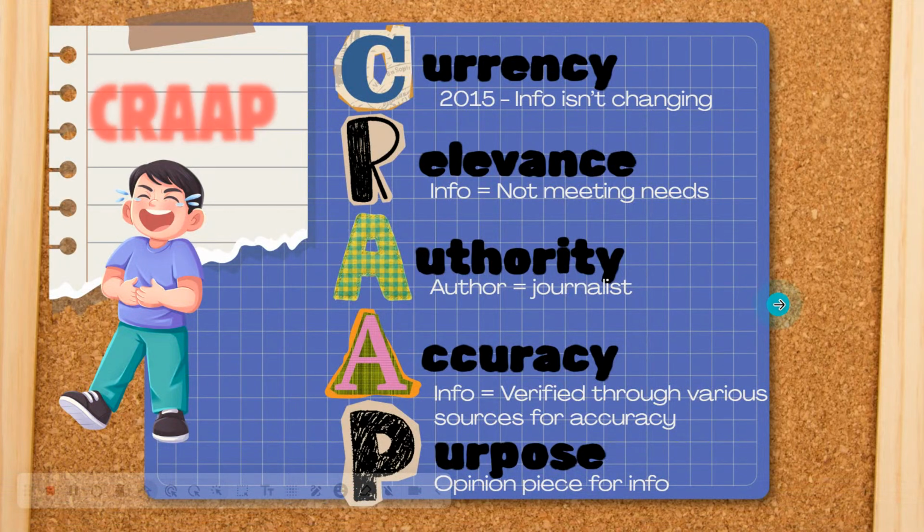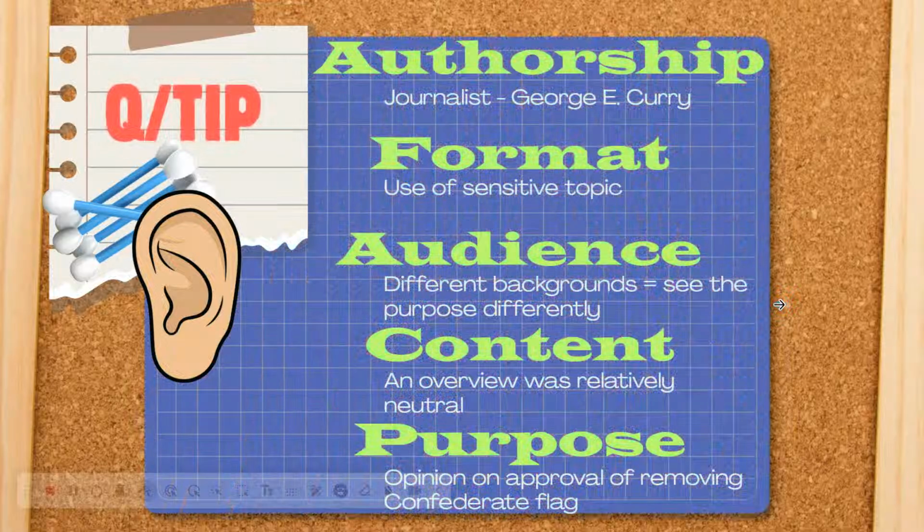So now, if we look at it through the Q-tip method, the authorship, again, it's a journalist, George E. Curry, but it doesn't go really into detail as to what else we may need about the author. The format, it definitely gets people's attention because it is a very sensitive topic. And so that's one that, especially when you see Confederacy and slavery, those two words perk people's ears up for sure. The audience, as far as with the Q-tip method,